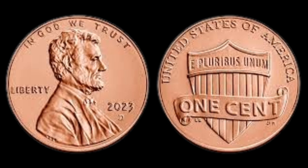And not knowing the full extent of what he had uncovered, he submitted the coin to a local coin shop for evaluation, which in turn referred the case to professional grading services, and that was when the storm began. Because once the coin arrived at the labs of PCGS, the finding stunned everyone involved as preliminary XRF tests revealed that the planchet used for this 2023 D cent was not standard copper-plated zinc but a previously undocumented alloy blend containing elevated levels of tin, nickel, trace silver, and rare earth elements, suggesting that the coin had been struck on a